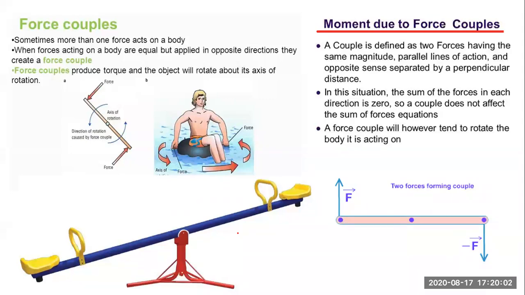The last but not the least of today's lecture is force couple. Very important topic. Force couple. We know what a force is. A couple means two. When more than one force acts on a body, the best example to me is the seesaw in the children's park, where children used to play. What happens? One child tries to push it downward by applying a downward force, W.